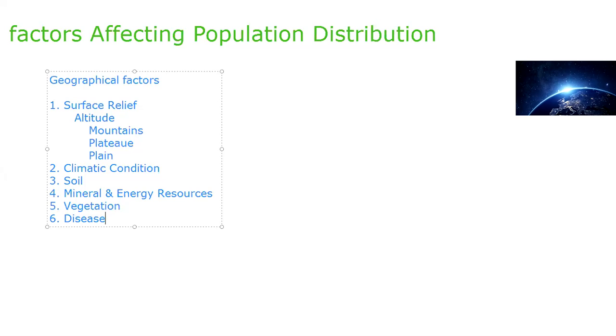But here, when we are taking disease as a geographical factor, then it means that it is mainly dealing with the diseases which are caused by nature, like malaria, like other different types of diseases which are spread by the nature, by the animals, and sometimes by plants, like